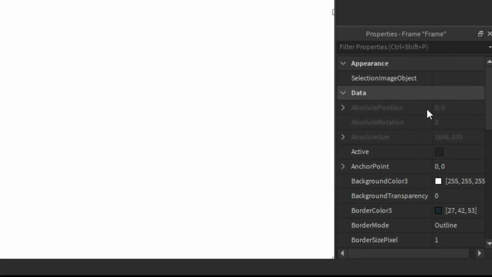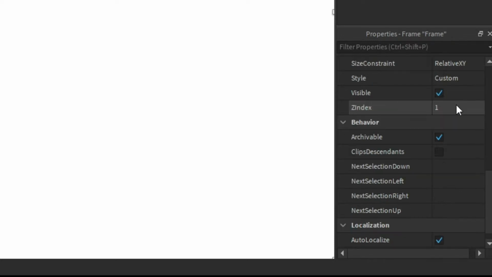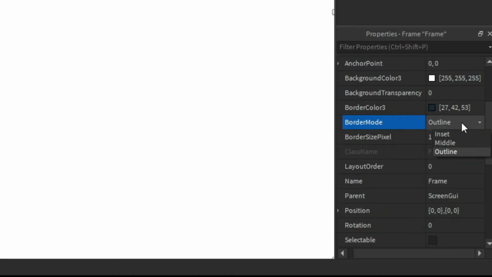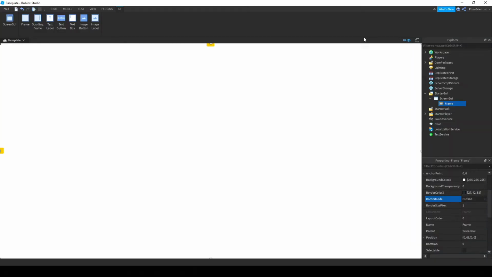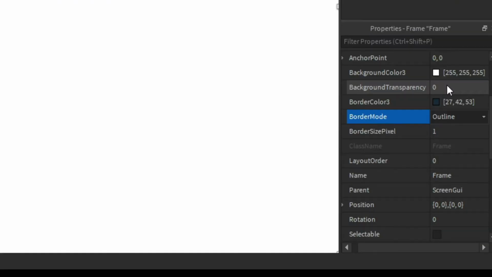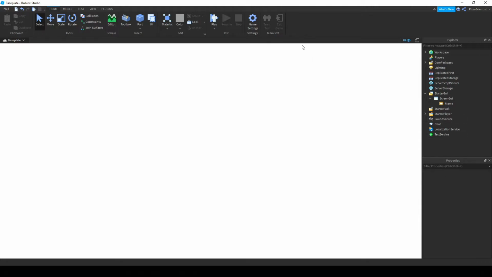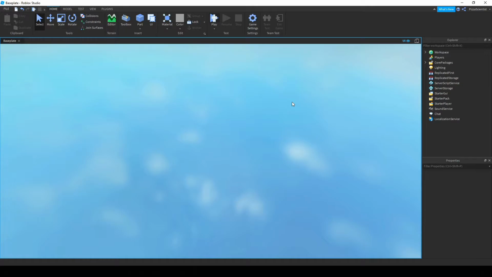So you need to go to the frame, then we're going to find right here, border mode. I'm going to put this on outline, and so the border will be on the outside of the frame. And then you need to go to border size pixel and just make it a really big number. 50 seems to do it. So now the border is really big and it's going outside of the frame, which should be big enough now